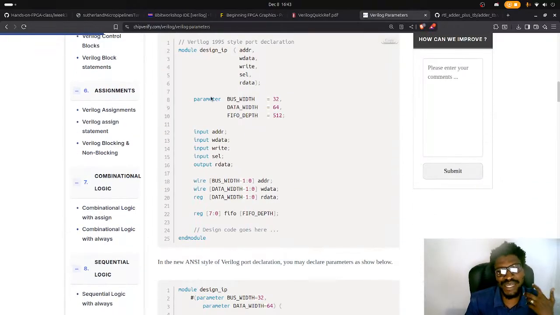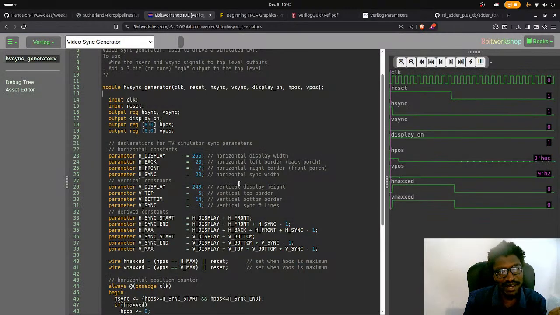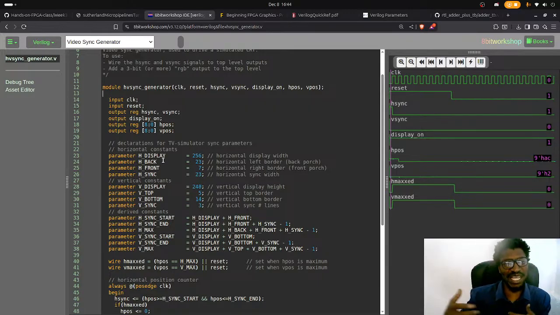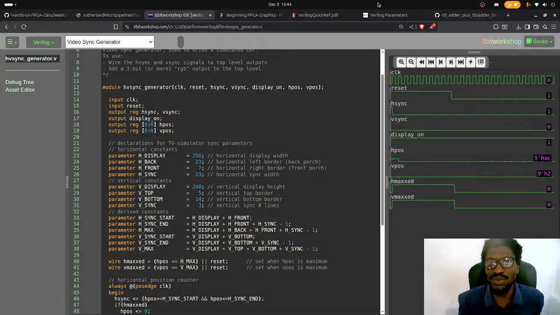So this is something we can pass into the module that determines, so let's say we had a 16 by 16 CRT, then we could set the H display to 16 and V display to 16. Here the display width is 256 and the vertical height is 240. So these could be set. You could declare this in such a way that the module gets them, and they could be set from outside if they were passable into the module. As you can see here,